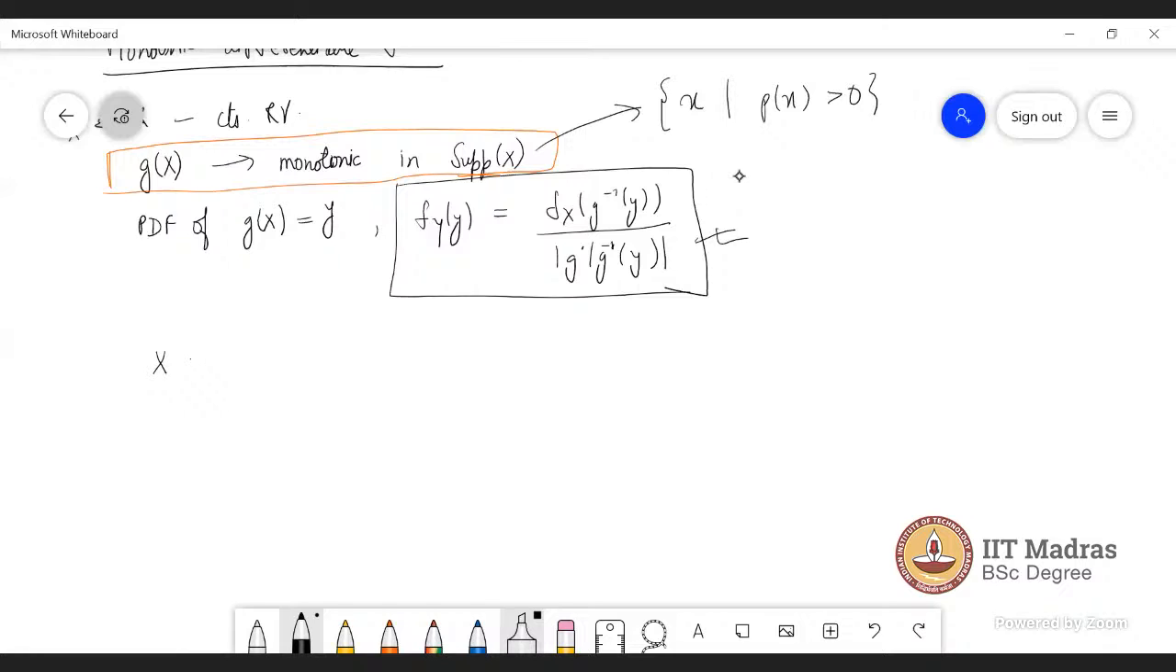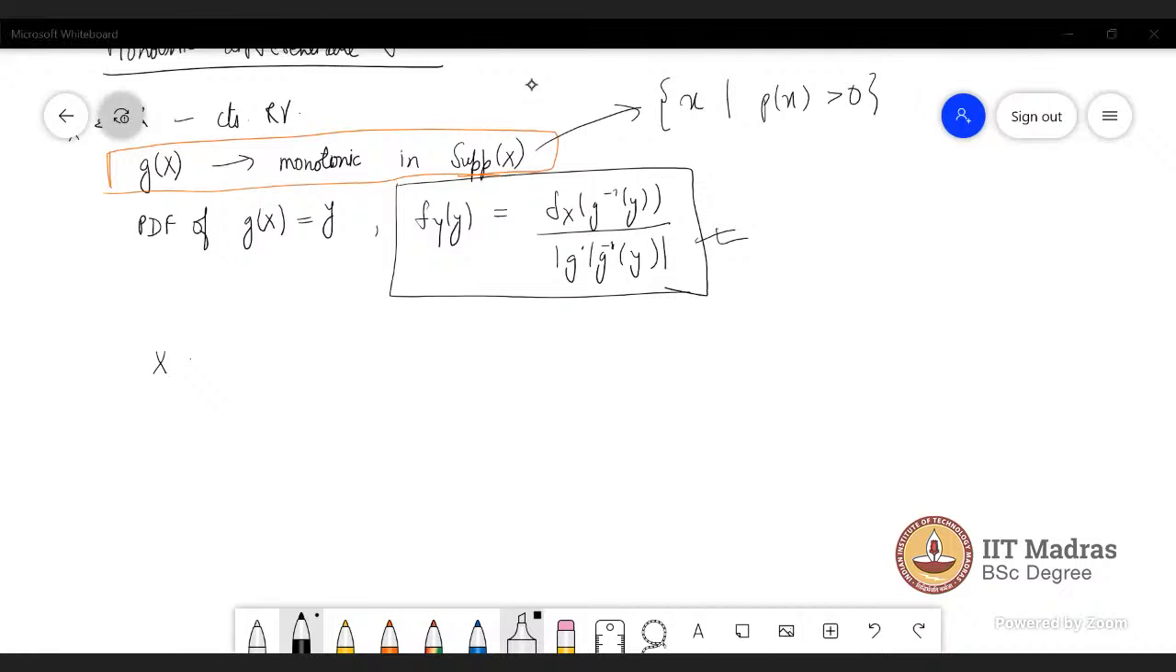So what do you understand by monotonic? Either increasing or decreasing. Either increasing or decreasing, right? So